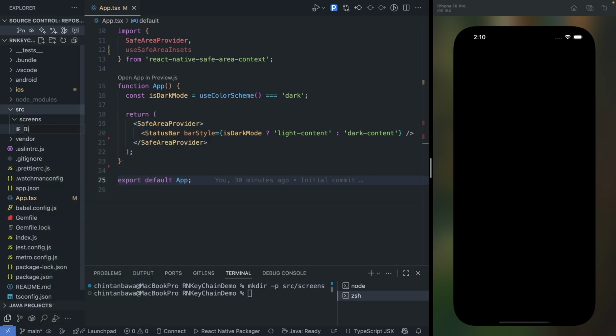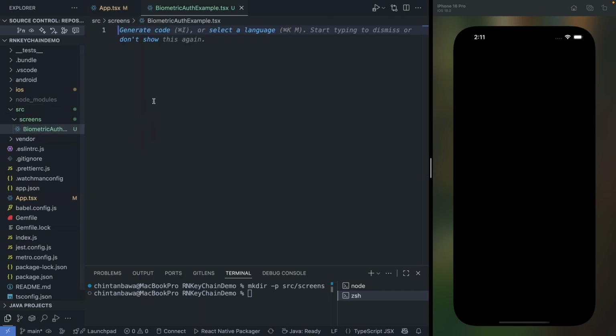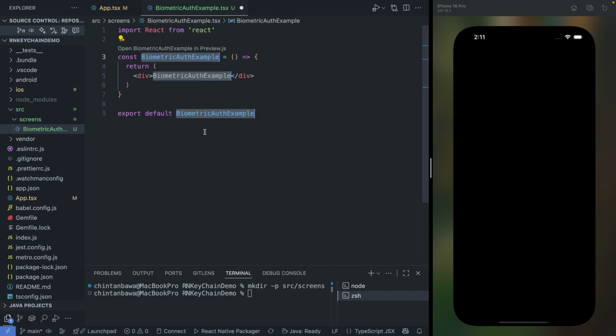Let's say biometric auth example.tsx, and I will do react to create a functional component. I will change this div with view from React Native,